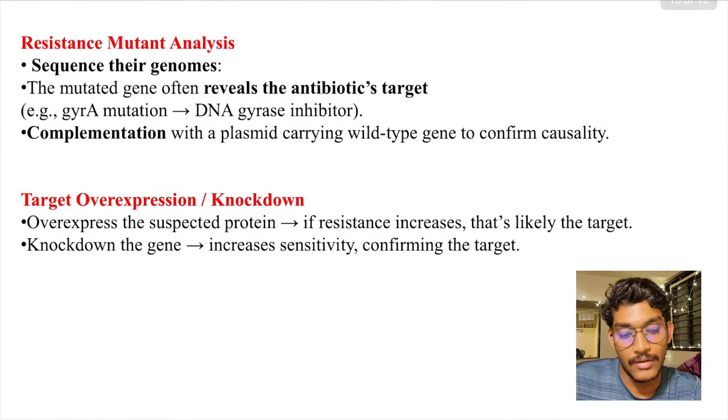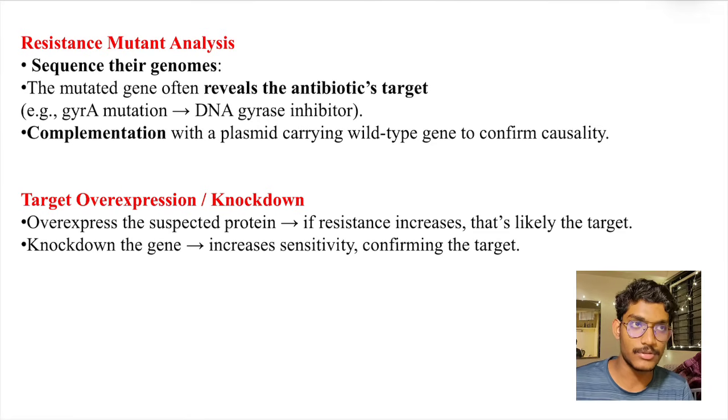Now we don't need to do all the experiments if we have a resistant strain for that particular antibiotic. Suppose we found a particular antibiotic and we have also found certain bacterial strains which are resistant against that antibiotic. So we can compare the genome of the resistant strain with a susceptible strain, and we will find certain SNPs, certain mutations in the resistant bacteria, and suppose we are getting 10 SNPs. So we can screen them,